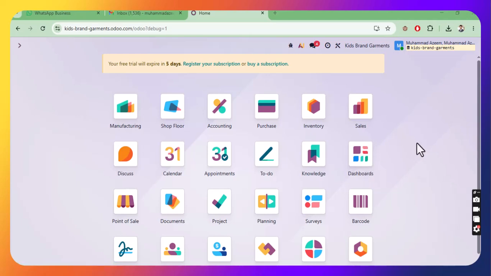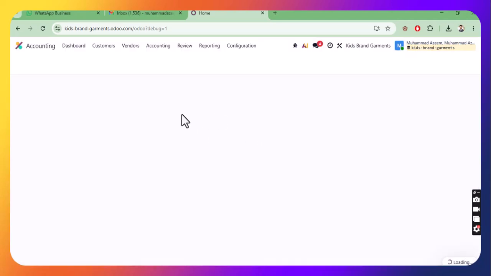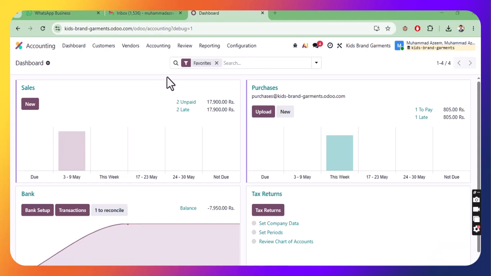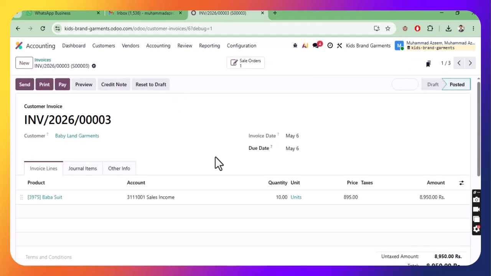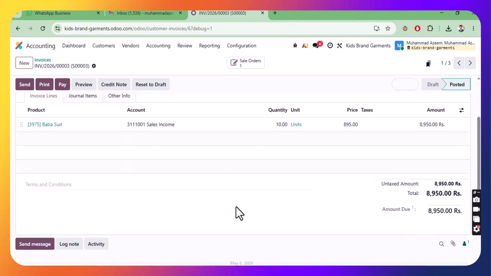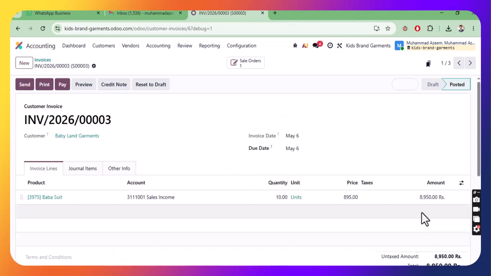In this video, we will see how we can reconcile payments received from our customers with the bank charges in Odoo 19. So let's jump to the Odoo ERP database, and here we have the accounting module. If I go to customer invoices, we have two invoices that are posted but payments are not recorded yet. We will record the payment against these invoices, and we will record the expenses, bank charges, that is our expense